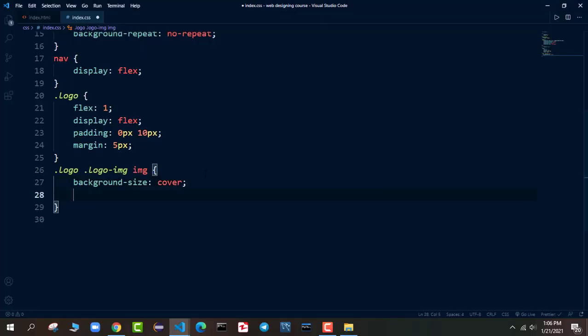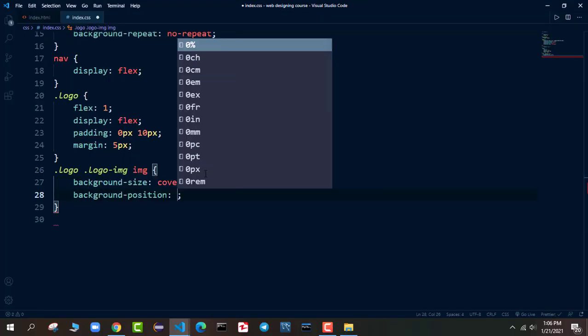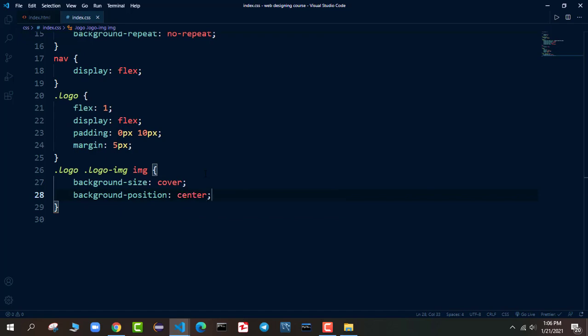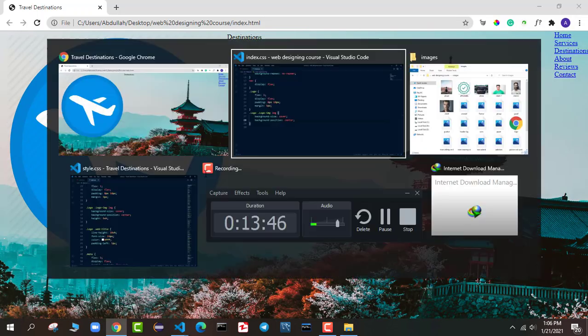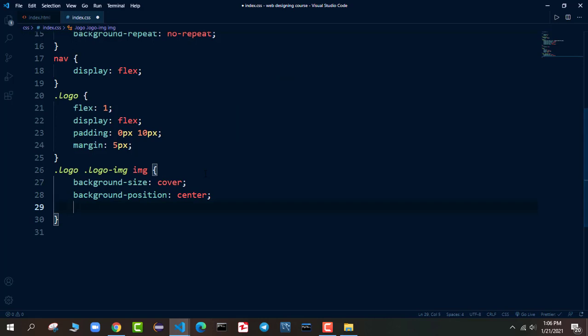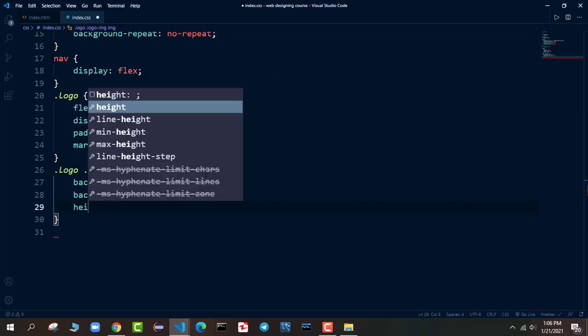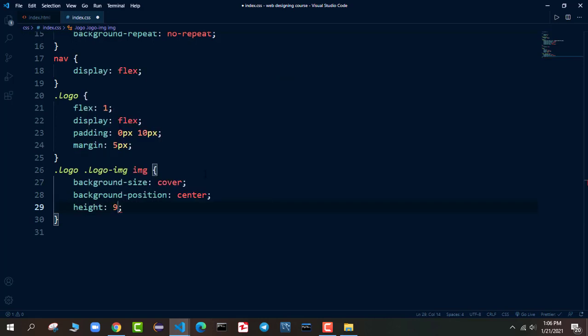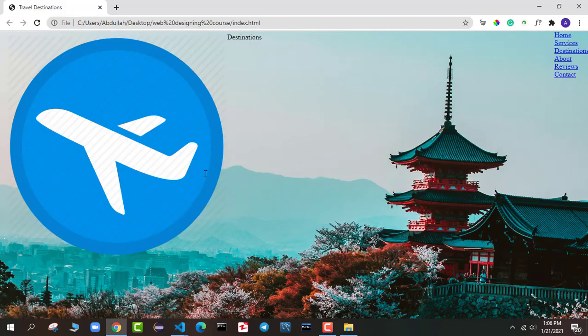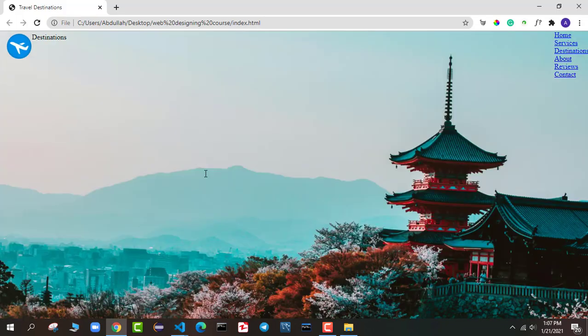I will say background position center. You can see there is no effect, but the last property will make them beautiful. So I will say height is 9 VH. Why do I say 9 VH? Because the whole nav bar will consume 10 view height, so it will consume a bit less than our whole nav bar. So you can see it got on the top left side.